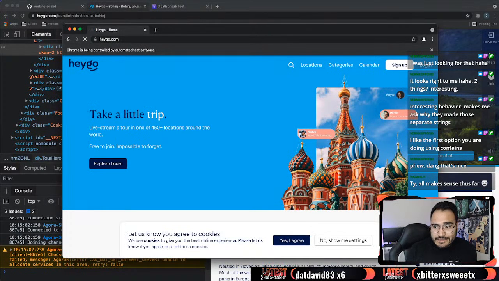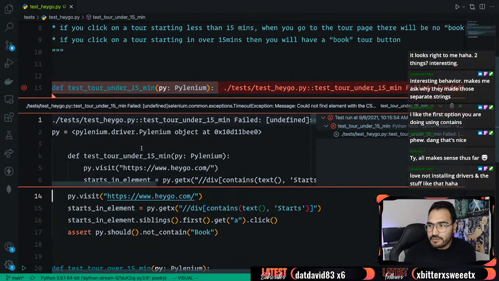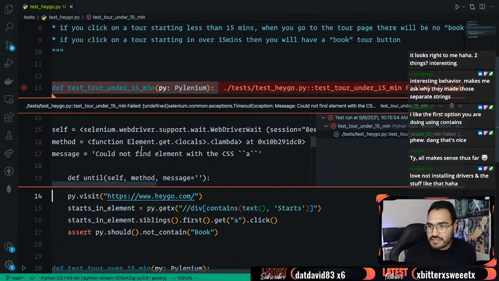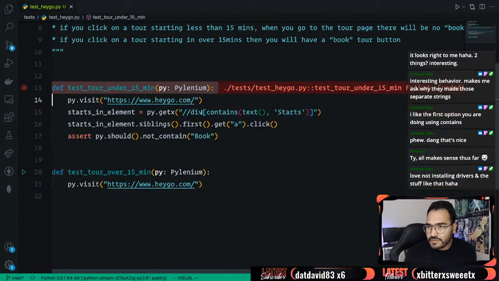So there it goes. We get here. It's waiting for it to load. Notice the spinny thing up here. So it's waiting for it to load. Give it a second. All right, and it blew up. Let's go check out why. It blew up because it says could not find element with CSS A, and that probably means that this thing